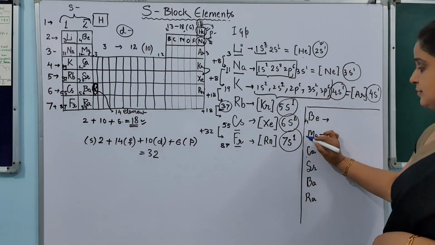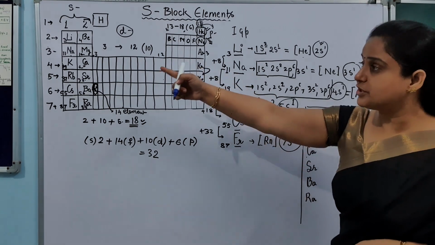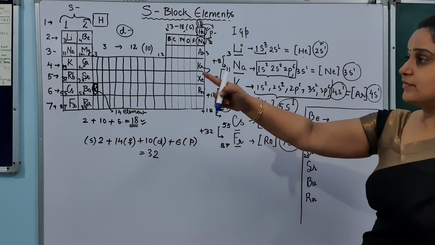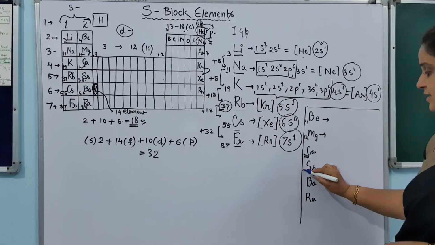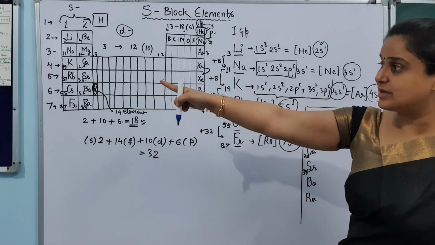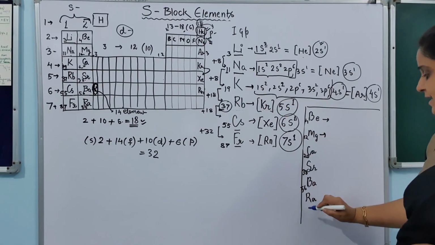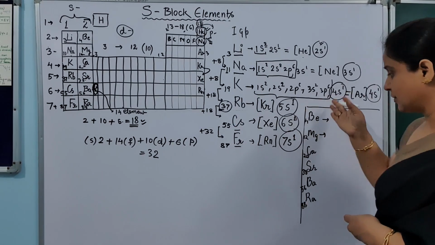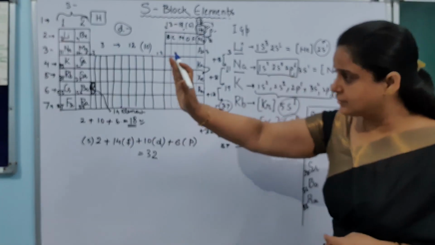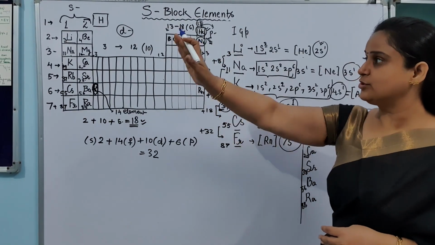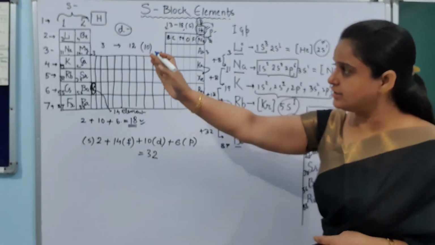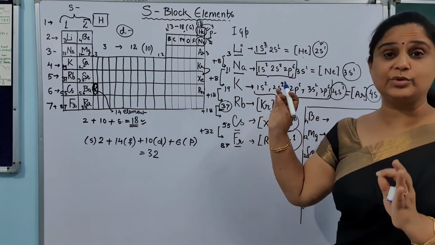After sodium comes magnesium, so sodium is 11, then magnesium is 12. After potassium comes calcium, potassium is 19, so calcium will be 20. After that, rubidium and strontium, so it is 38. After that, after cesium comes barium, so it is 56, and then after francium comes radium, and it is 88. So there is no issue with calculating the atomic numbers of these elements because afterwards they will be continuous. So we don't need to do that calculation again and again. Once you are in that period, you can continuously move in that period until you complete it.